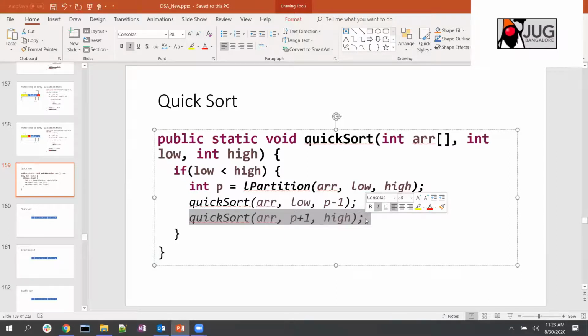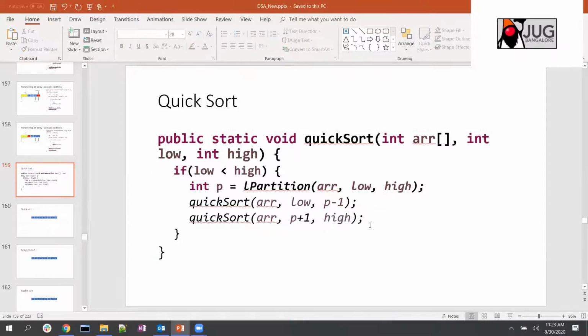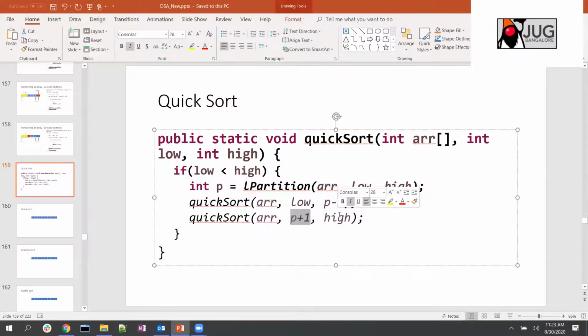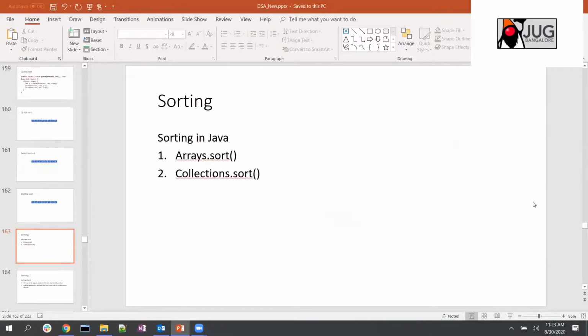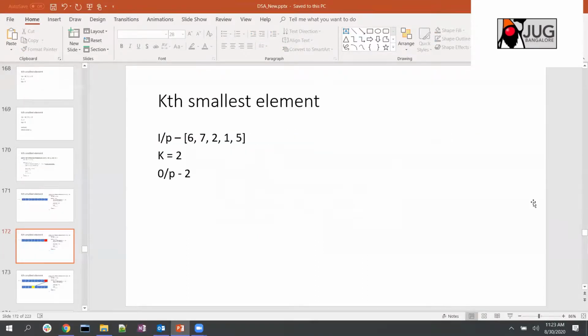And that adds a performance bonus to it, because it leaves it to the compiler to do that. One of the recursive calls can be completely eliminated, this last quick sort. What it does is it just increments the pivot to the next element position of that pivot element, and high remains the same. Only this low part you need to change to p+1 and then call back the loop. So that is what is being done. And that way quick sort is always better actually.